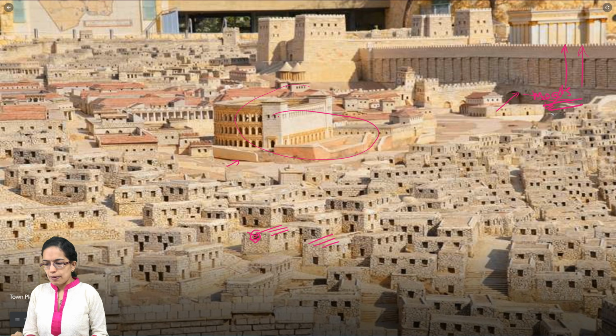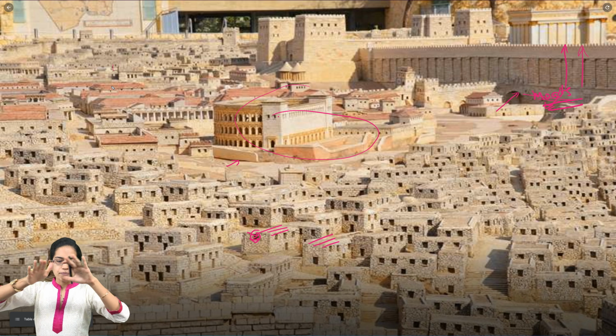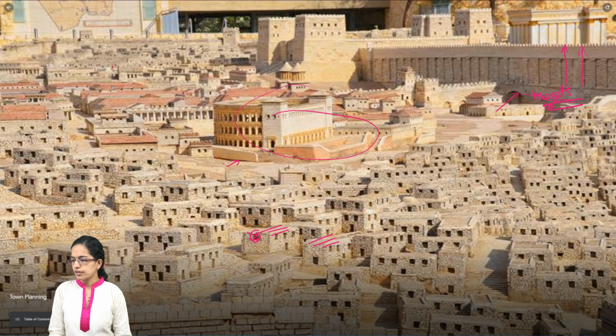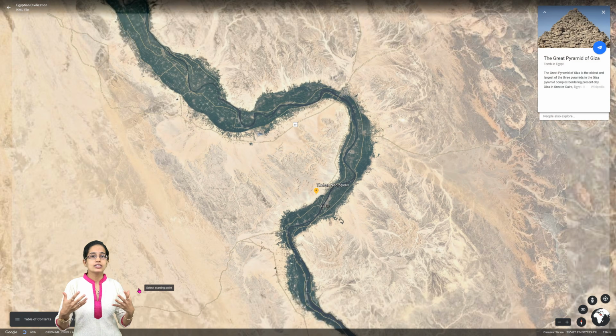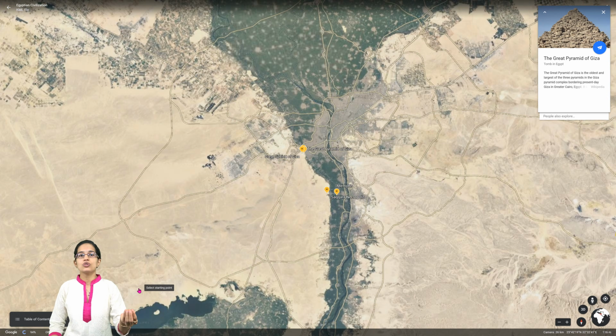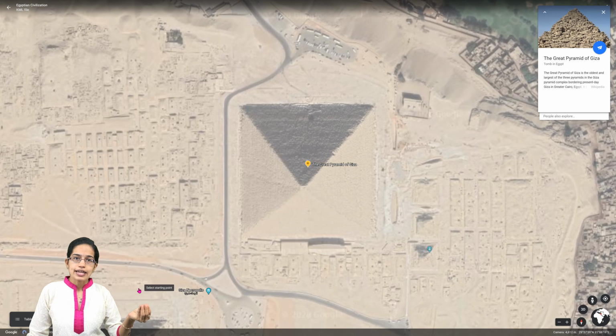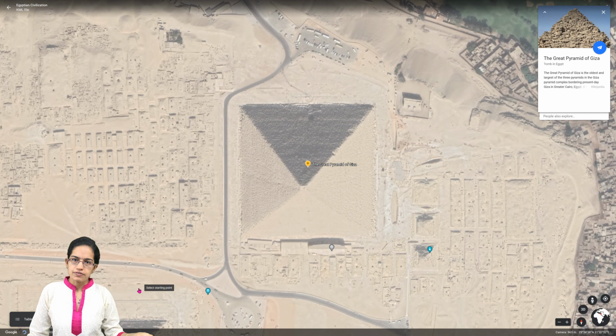The next was the public areas. Within the public areas, in the far off regions, there were temples located. Now these temples were important because they were surrounded by high walls and had a symmetrical feature. So the feature on this side of the temple and the other side of the temple was exactly the same. Again, a very important concept. The next important thing that we need to understand is the great structures, the ancient wonders. As we saw, the ancient wonders, the Hanging Gardens of Babylon in the Mesopotamian civilization, here you had the great pyramids of Giza that existed.